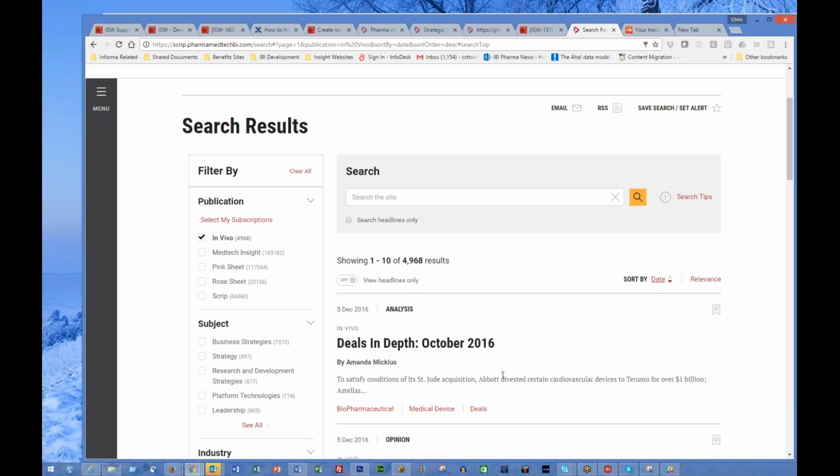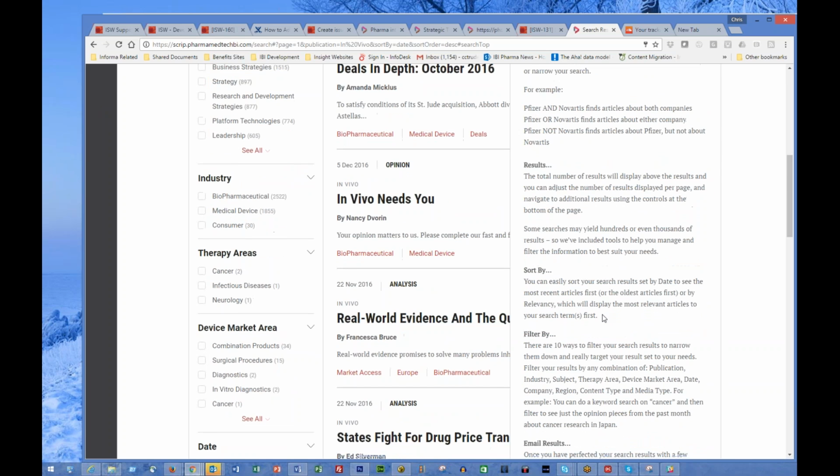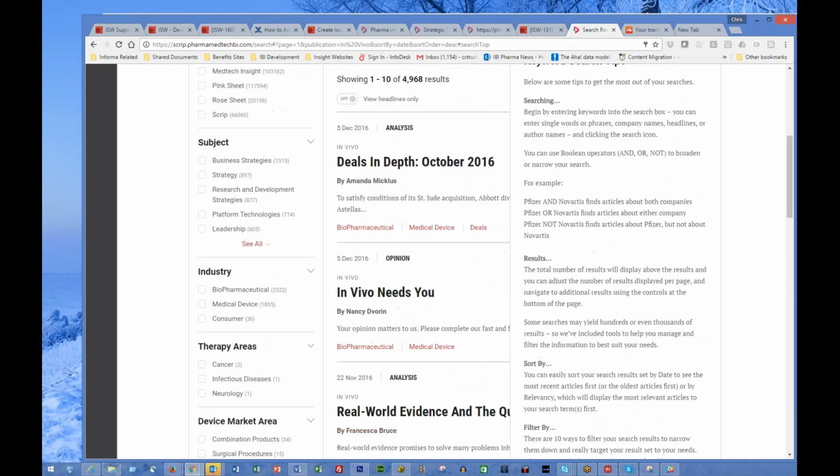So by at least employing literals and wildcards, in addition to stemming, we're giving our customers more options to fine-tune their search results and get the content that they're looking for. The product management team is going to be updating a lot of the search tips, and we have search tips here. These are going to be updated and streamlined, we hope, by our product management team